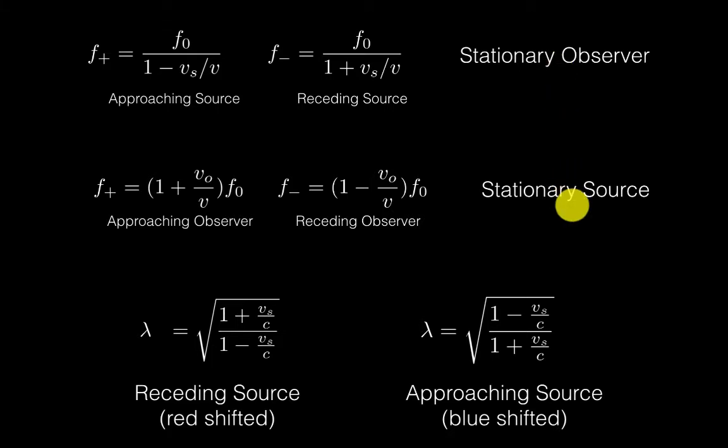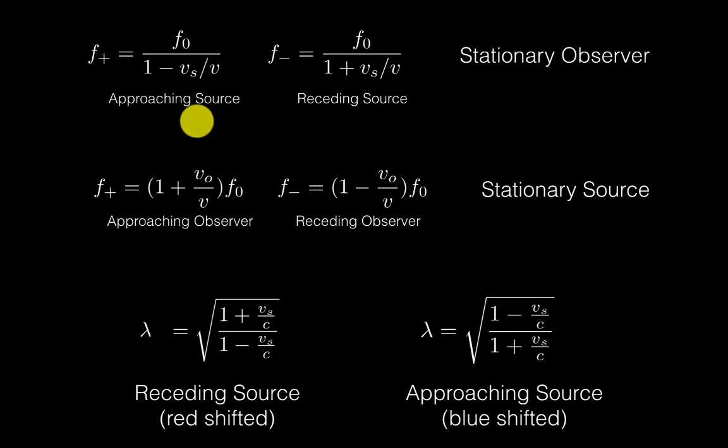And this is because with a wave like a sound wave, there's a medium involved, and so the motion of the observer relative to the medium and the motion of the source relative to the medium affects the overall form of the Doppler shift. So I state these four equations without proof, but I do want to point out a